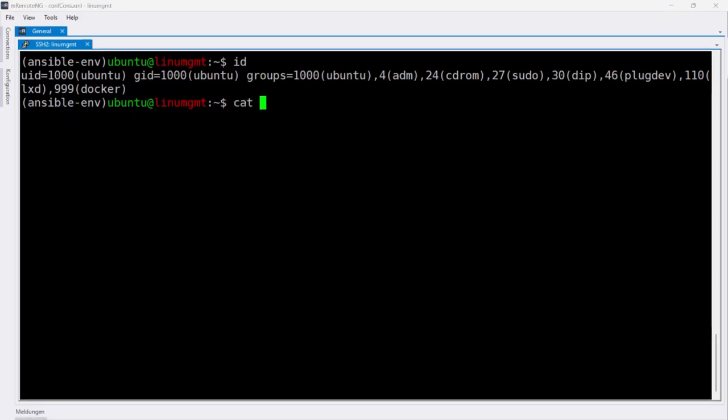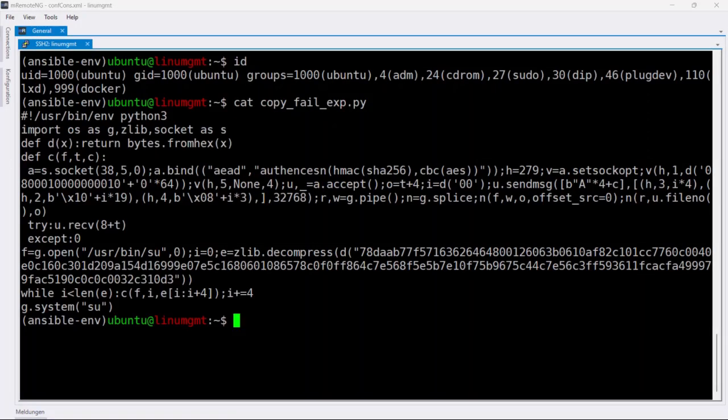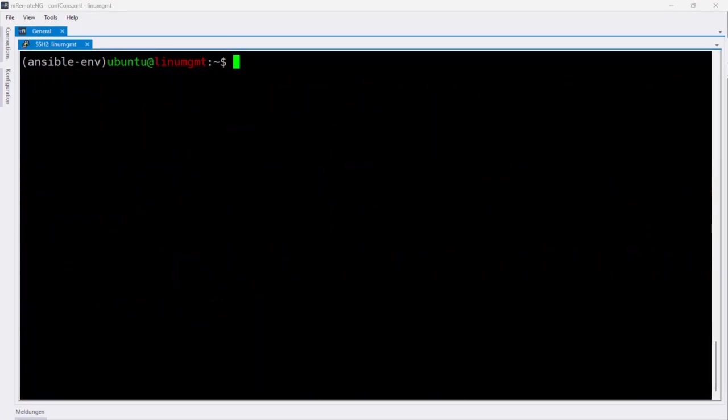Now, let's look at the exploit itself. This Python script is remarkably small for something so destructive. It's using the Linux kernel crypto API and the splice system call. Its goal isn't to break the door down, but to trick the kernel into letting us borrow the keys. It targets the page cache, the place where the system stores the binary for the su command in memory. Watch what happens when we execute the script and the su command.